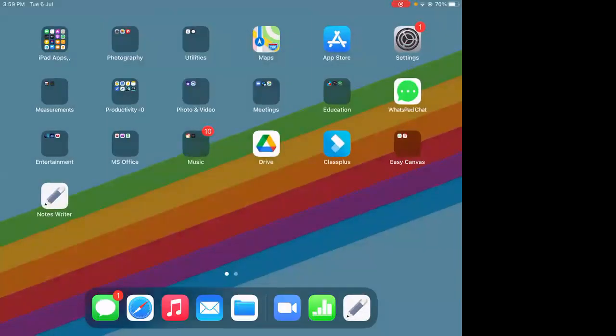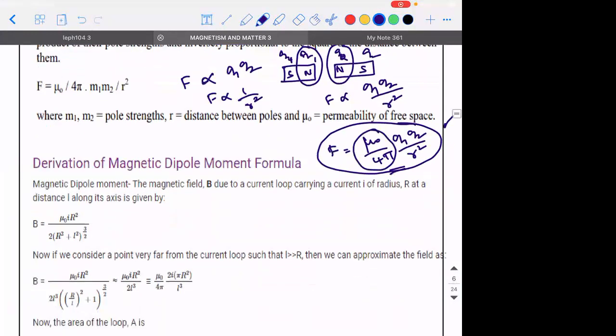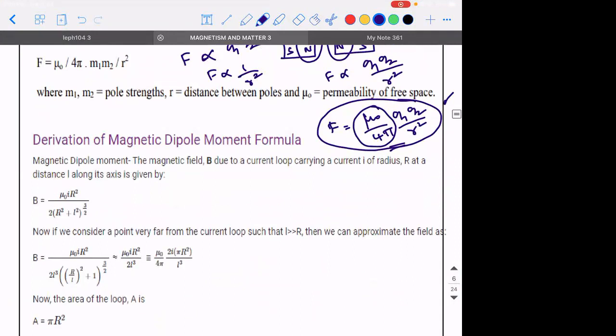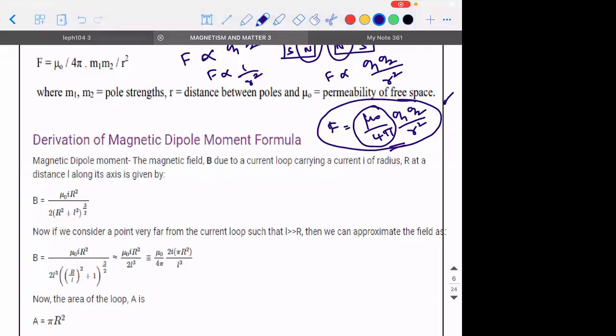I have a doubt. Can we say K equals mu naught by 4 pi, sir? Here it is not K that is used. K is generally used in the case of electrostatics. The value of force will be different, sir, if we substitute K. Yes, it will definitely be different, no? Because K in electrostatics is 1 by 4 pi epsilon naught, that is 9 into 10 power 9. Whereas in the case of magnetism or magnetostatics, the value of mu naught by 4 pi is not 9 into 10 power 9. Rather, it is 10 power minus 7. So the value will change, no?